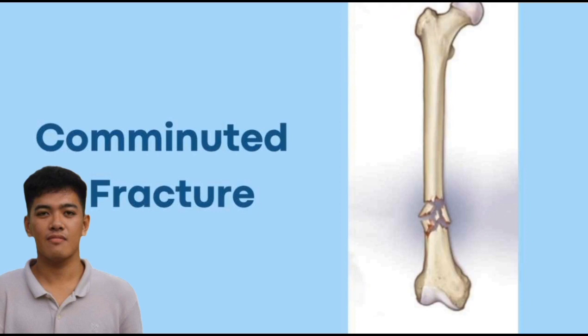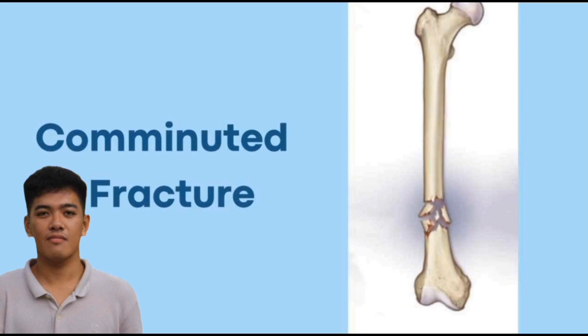This type of fracture often occurs due to high-impact injuries such as severe car accidents or falls from significant heights. This type of fracture is considered severe and may require surgical intervention to realign and stabilize the bone fragments. Treatment options can include the use of pins, plates, or screws to hold the broken pieces together. The recovery from this fracture can take a long time and may involve physical therapy to regain strength and mobility